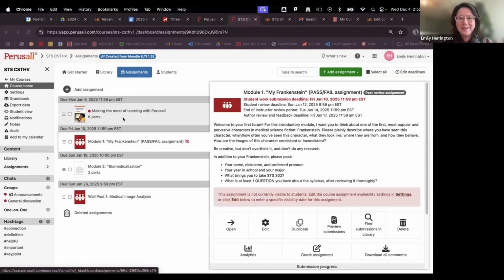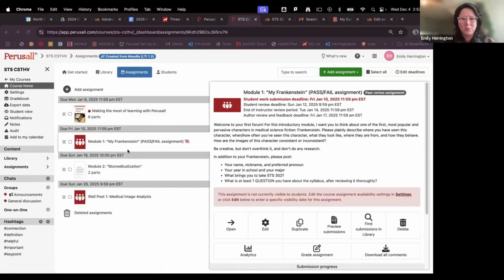I do think that because the assignments I'm doing with the asynchronous group are fairly straightforward, for instance, I want them to read and comment on readings and think about readings, and then I want them to do case study analysis, and there are three of those, and then they do a final project.